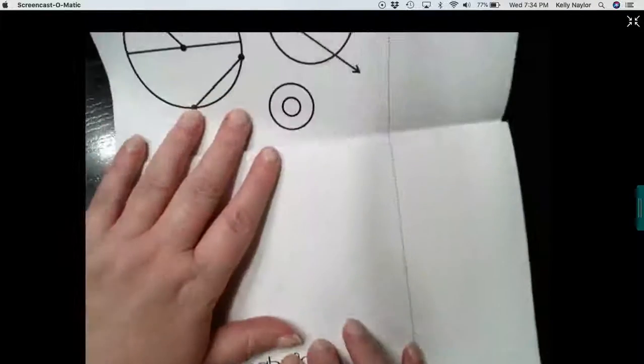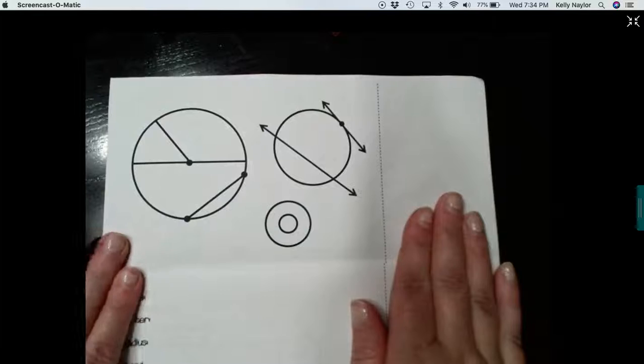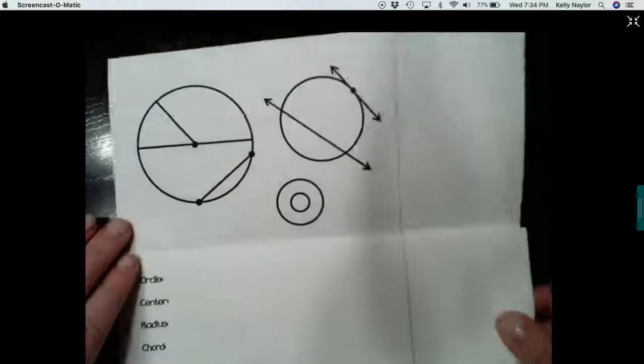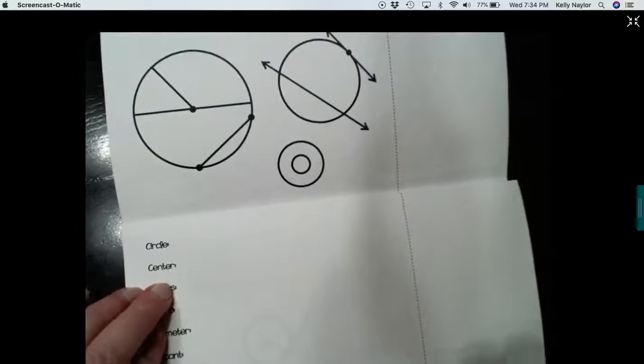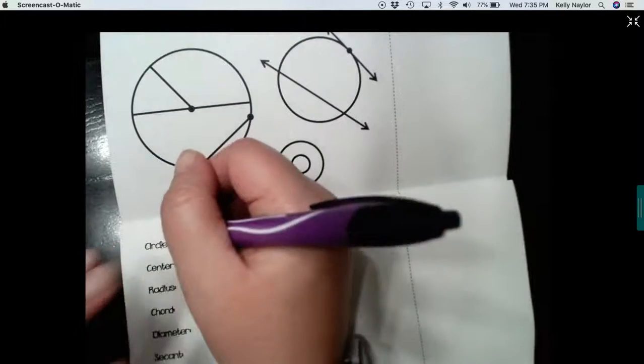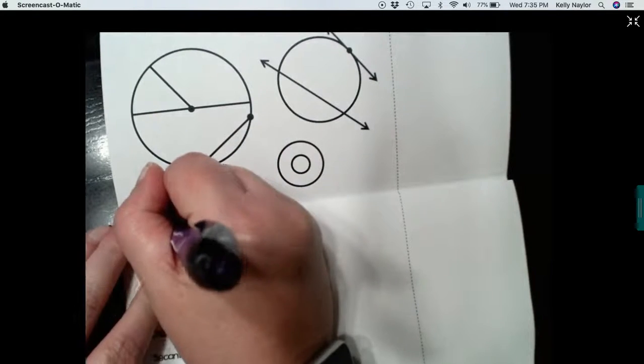Okay, so let's take a look at this first page. At the top we have pictures of 3 different circles, and then we've got some terms down here at the bottom. And we're going to be going back and forth with these throughout. So let's first just define what a circle is. The formal definition of a circle is